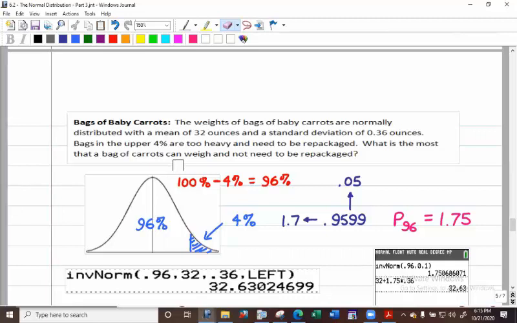You don't just throw it. I would imagine you wouldn't just throw it away. You just need to put the carrots back in with the other carrots and let them get repackaged again. So anyway,